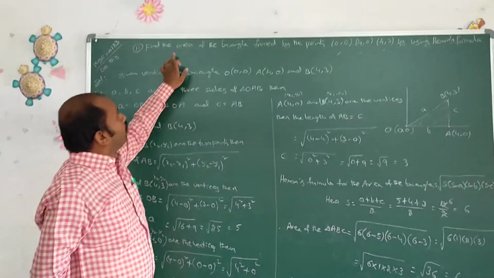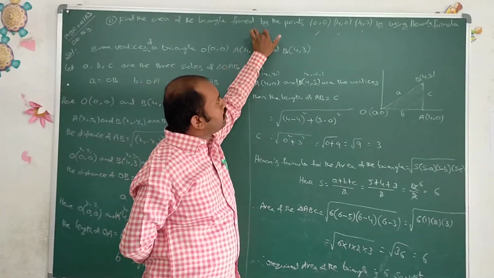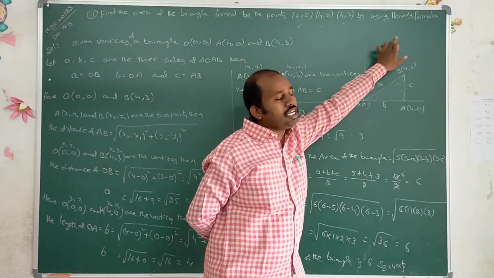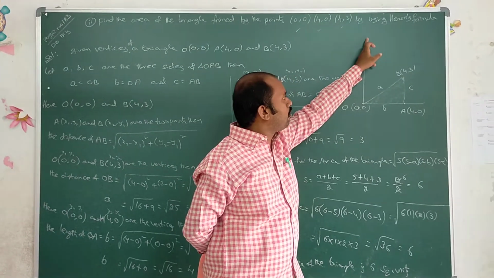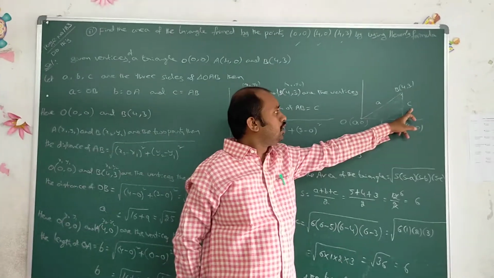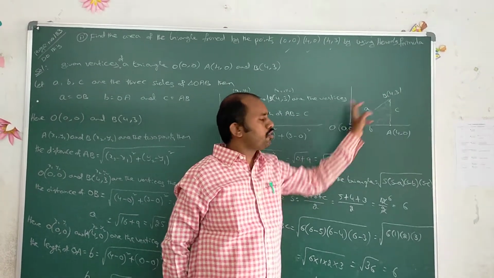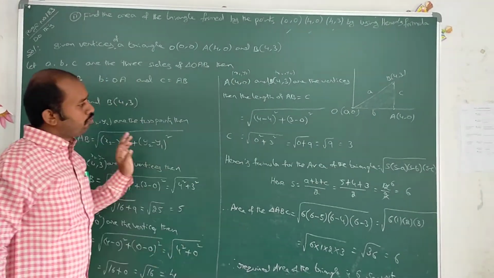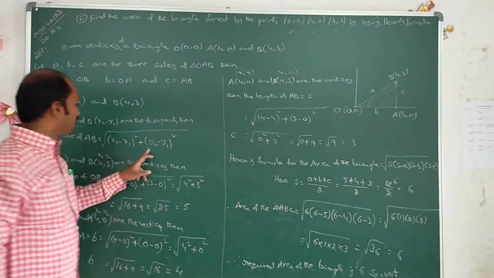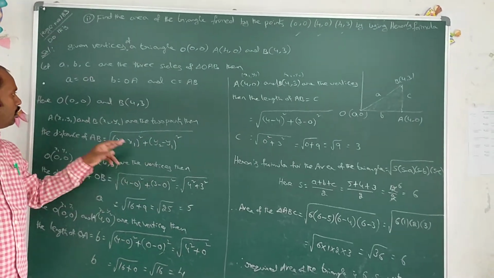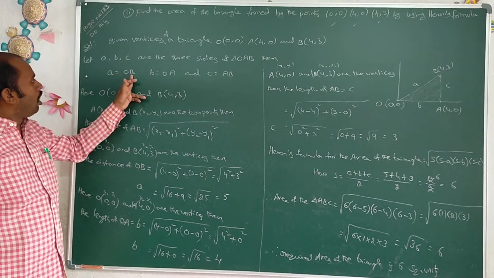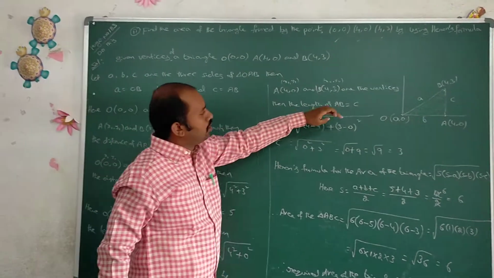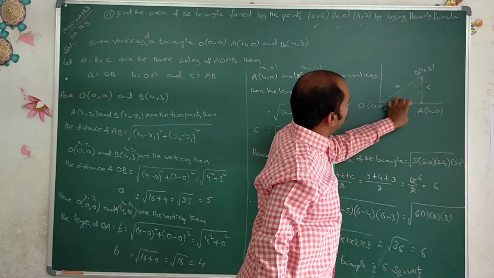Now here, find the area of the triangle formed by the 3 given vertices by using Heron's formula. So for Heron's formula, what do you need first? Heron's formula means you want the 3 sides. You are not given the 3 sides. So first you find the 3 sides. How to find these 3 sides? By using the distance formula. The first side you find: A equal to, how to write here, origin to B. Here A, here B, C.